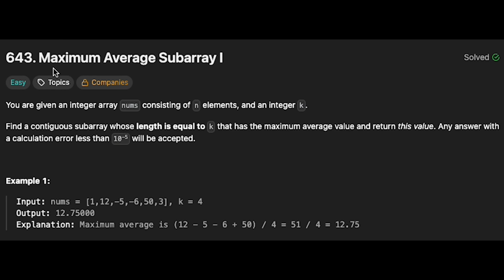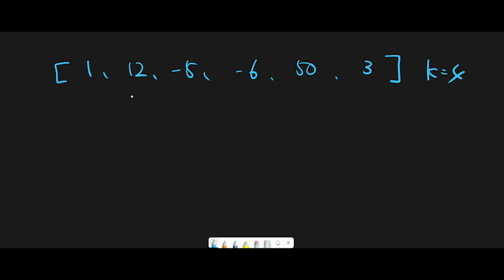Hey everyone, today we are going to solve the LeetCode question Maximum Average Subarray 1. Let me explain with this example: 1, 12, -5, -6, 50, 3, and k equals 4. I'll show you two ways to solve this question, and my first strategy is to find the maximum total subarray. That's because we have to find the maximum average subarray, right? In other words, we have to find the maximum total subarray so that we can easily get the maximum